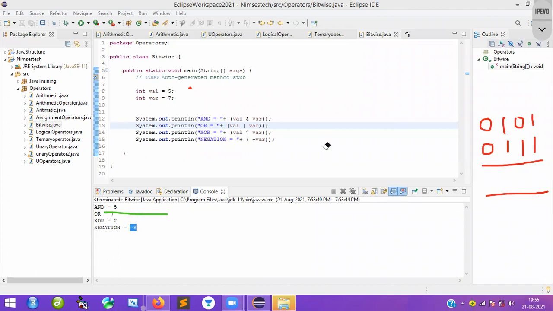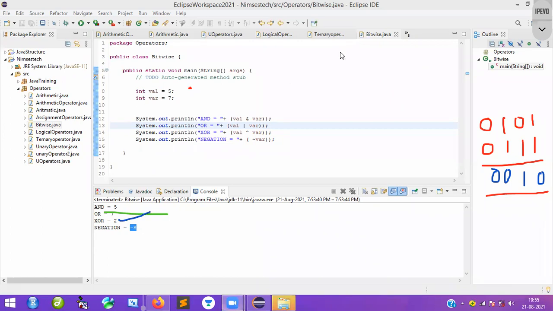Now one more. We will do this. So what is this? XOR. Okay, XOR means if both the values are similar, then you will get the value 0. If it is different, you will get the value 1. So here this one is 0, but the values are 1 1. That's why, bit values are similar. So here 1, because bit values are different. 0, again 0. So what is the value you will get? That is 2. Exactly, we are getting it. That's it. Done. Again next one.